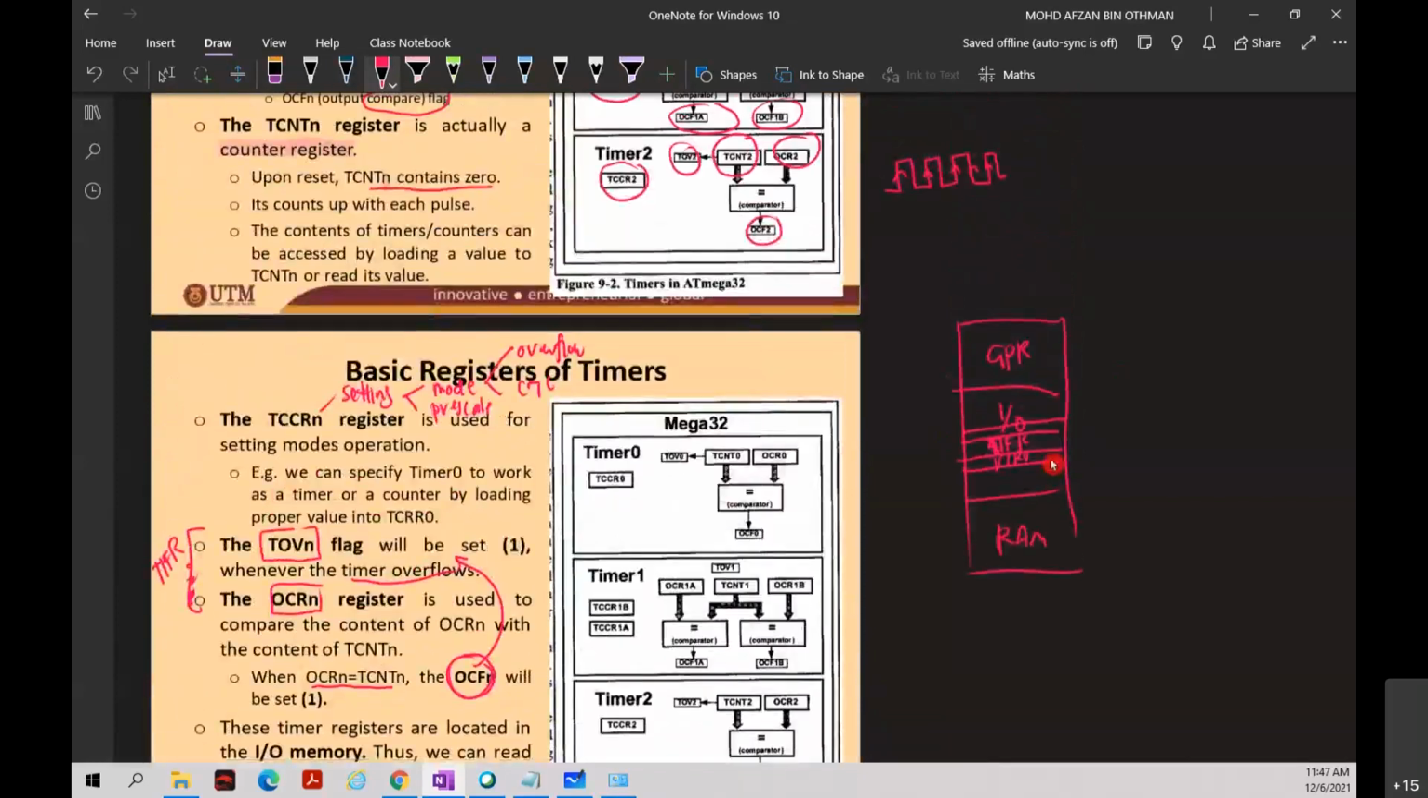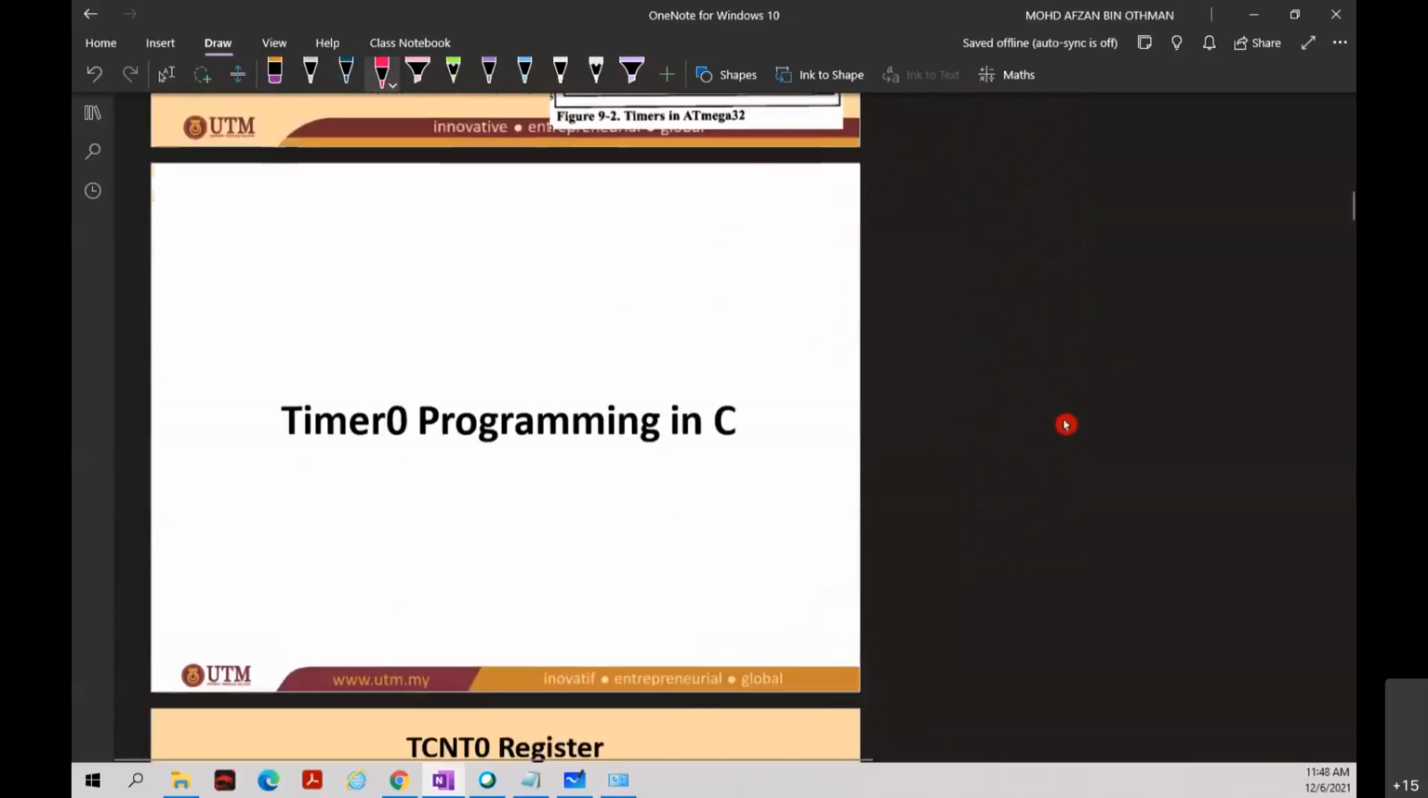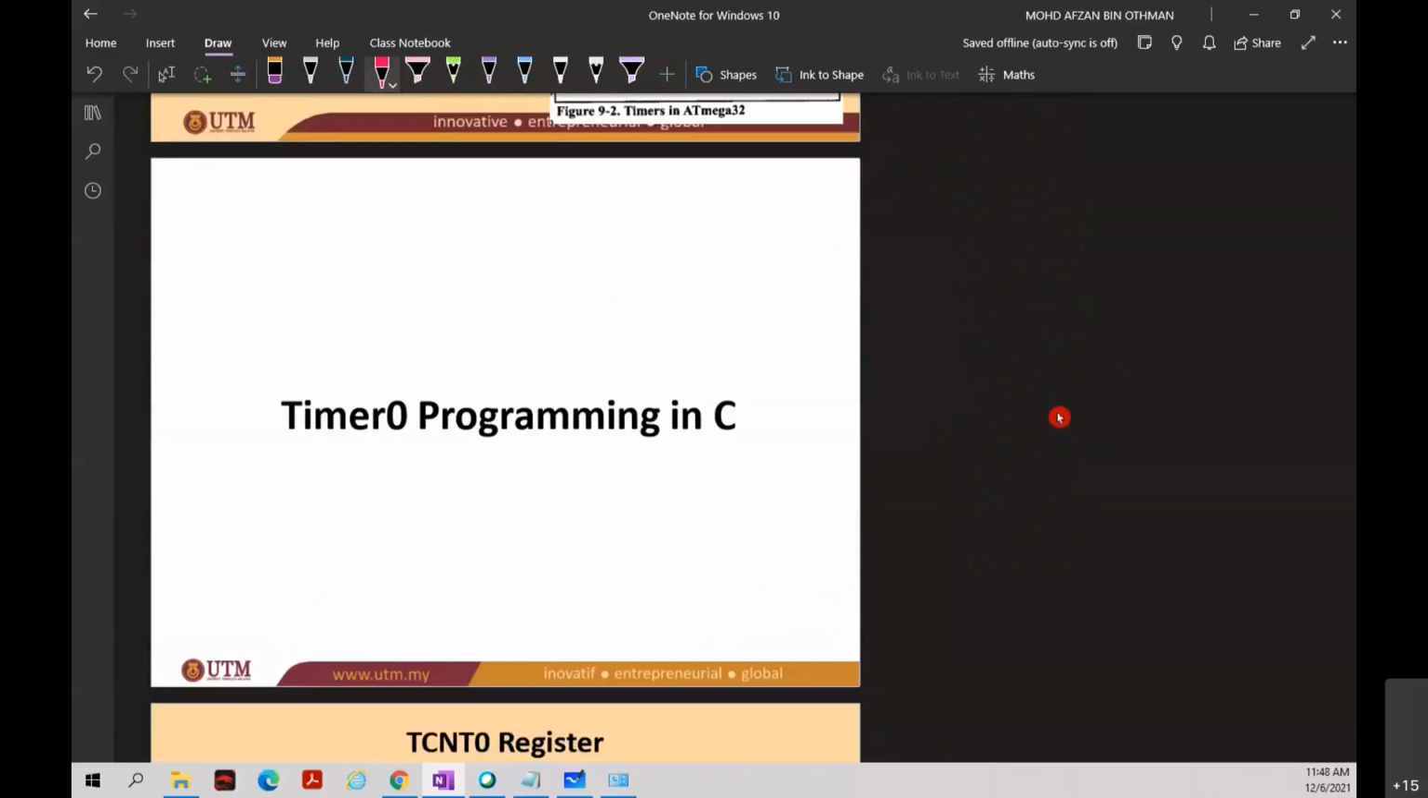Okay, so that is the overview about the registers yang kamu kena tahu sebelum kamu proceed with timer programming. So any question up until here? Ada soalan tak? Okay, so kalau tak ada soalan, okay, let's look at